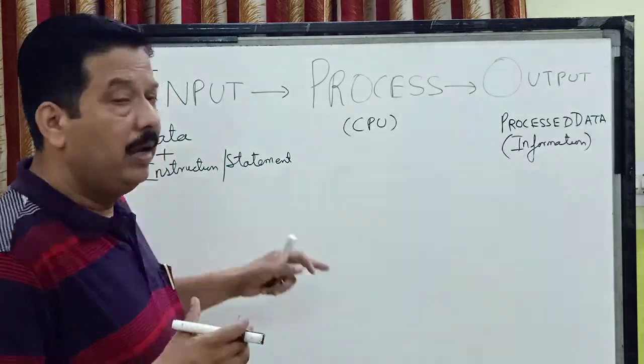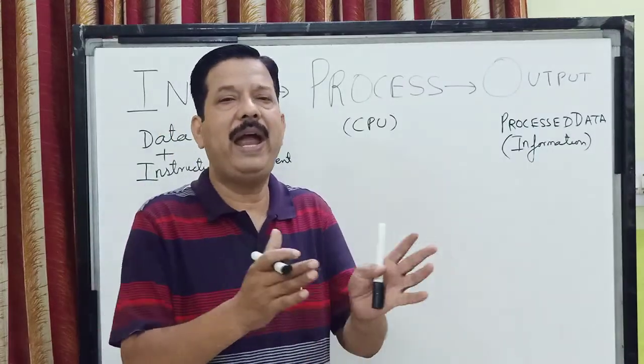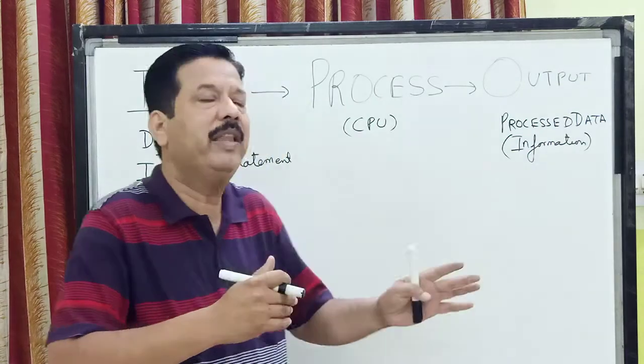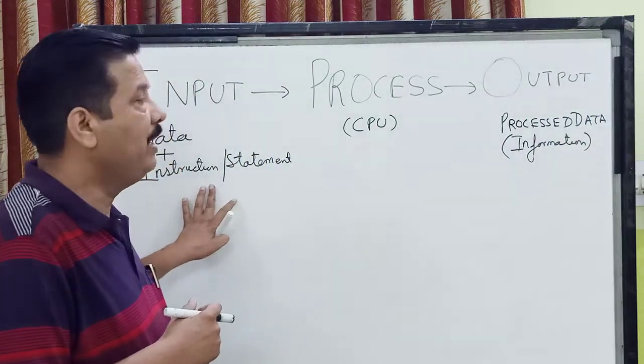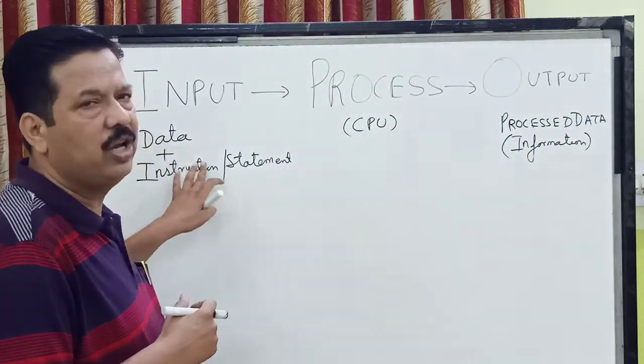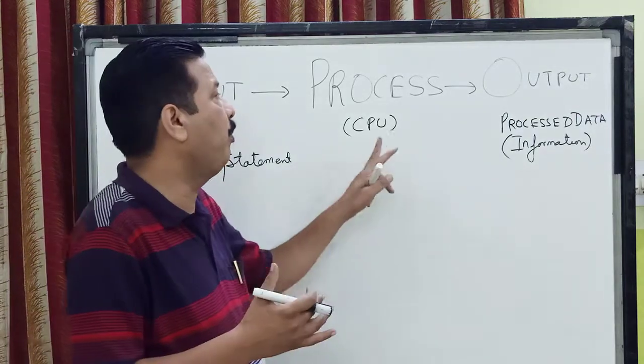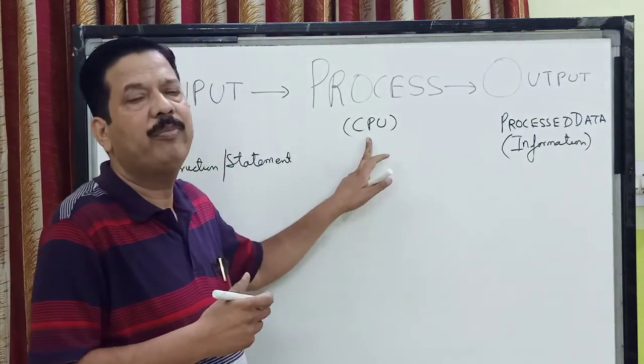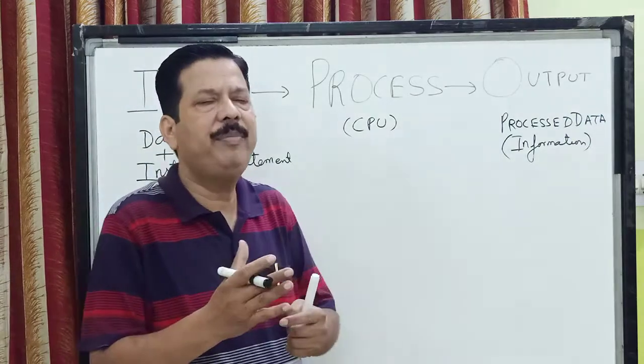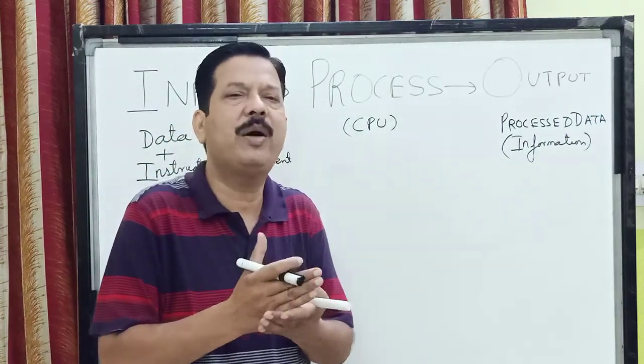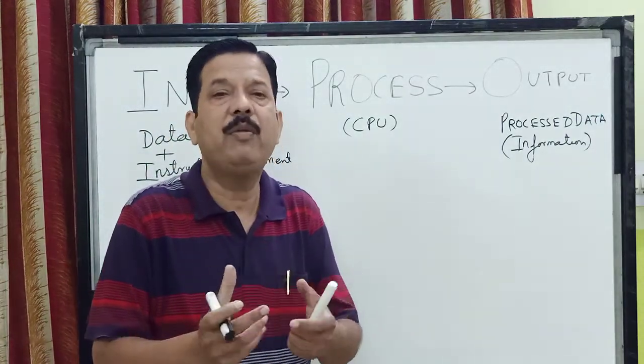And the instructions which we give to find out the processing part will be in the instruction part, and after following these instructions, this data will get processed in the processing unit, which will be called a process. And process is basically a series of actions which are performed on data to make it meaningful.